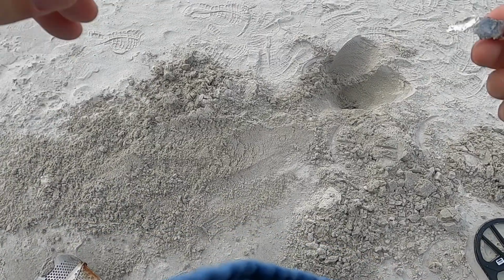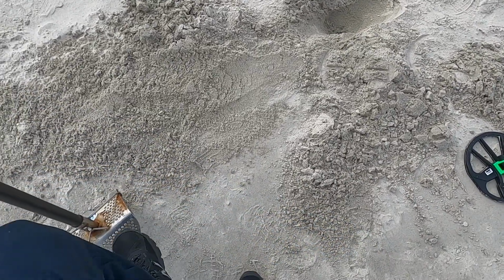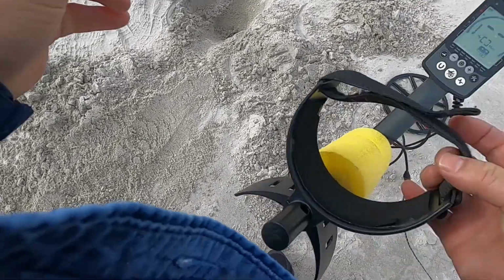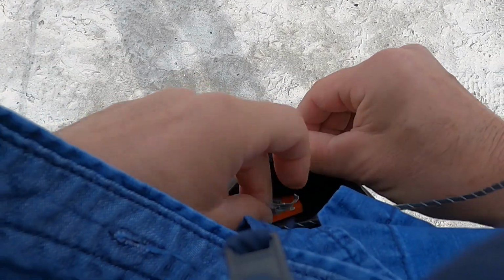Piece of foil, and I've been warned about that. Yeah, that's not a good sign. And it's right above the watermark right there where the tide came up. Oh, I forgot to empty the stuff out last time. But anyway,